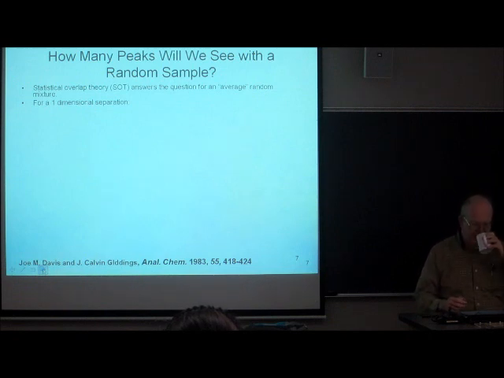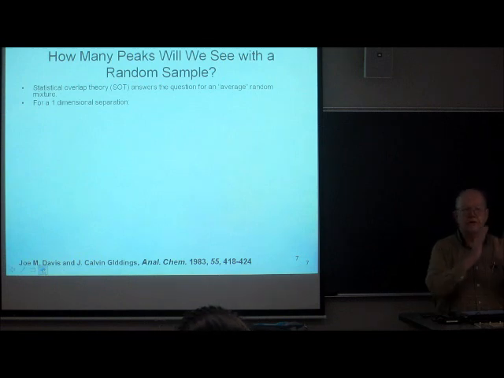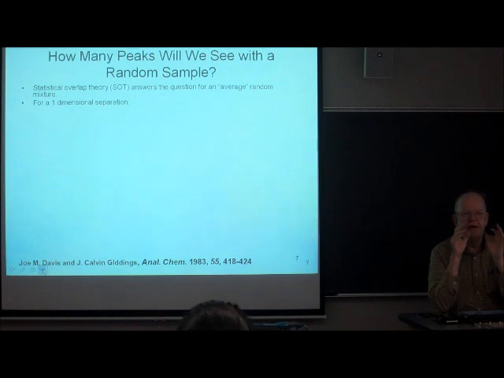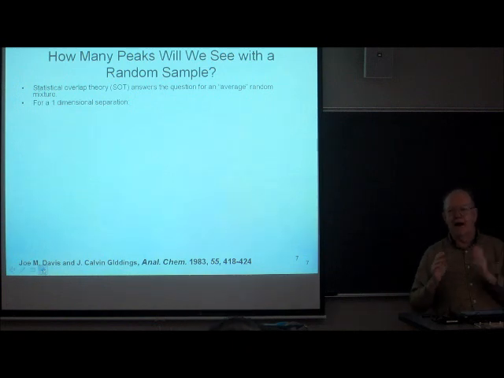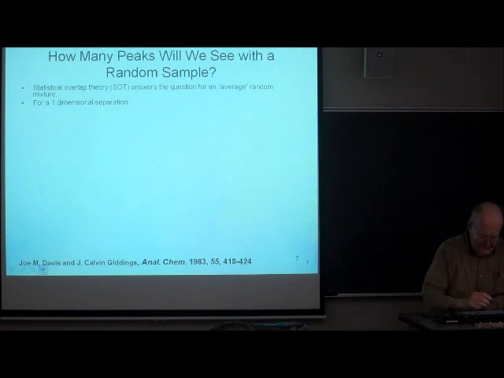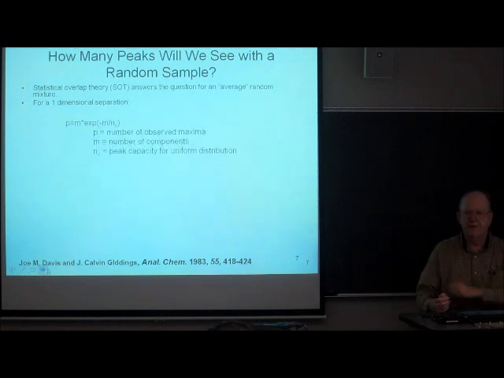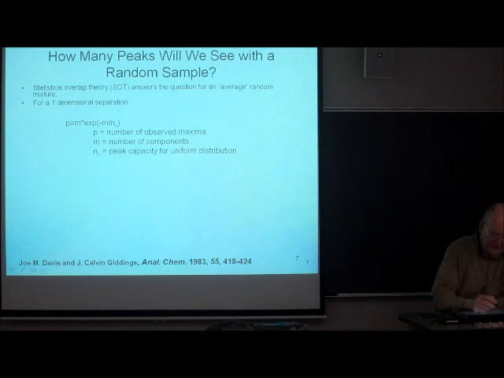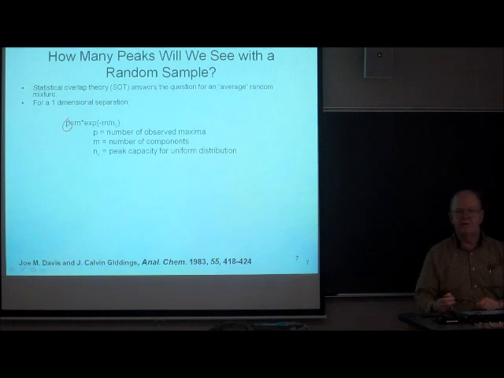Now, because the positions are random, you can only talk about the number of peaks that you will see on average. So we're talking about the average of an ensemble of a large number of these types of statistical calculations. But the math can be worked out, and it turns out that the answer for the average number of peaks that you'll see, little p is the number of peaks,